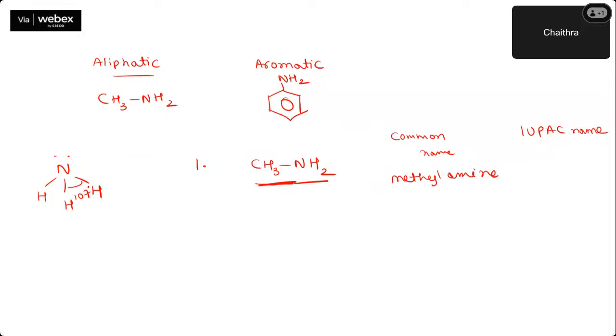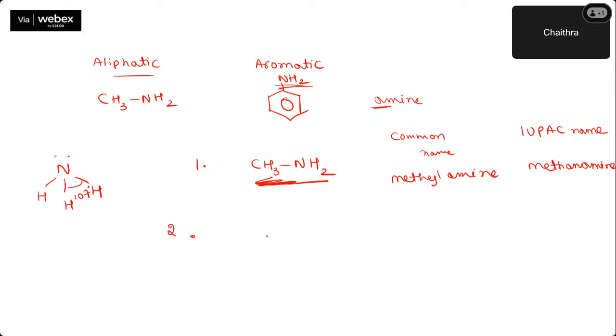Yes, very good. Lakshmi has answered. It is methanamine. One carbon atom is there, so the root word is methane. But you should not say methane plus amine. You have learnt a rule that whenever the suffix starts with a vowel, and this group is amine, so it starts with a vowel: A, E, I, O, U. In that case, you are going to avoid this E and write methanamine. That's the IUPAC name, right? So you should know the nomenclature in order to write the reaction.